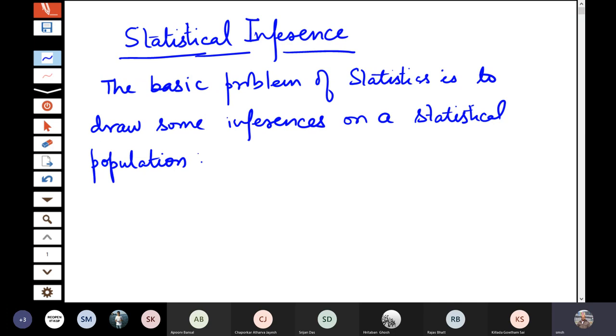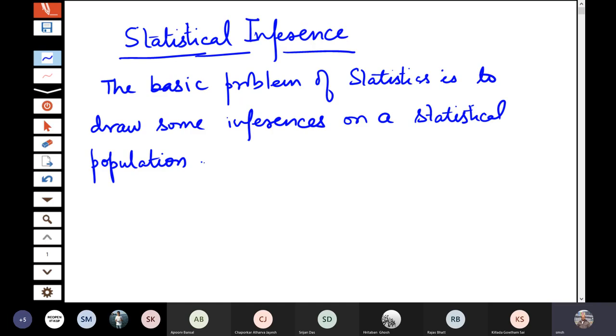So when we say inferences, what are the kind of inferences that are possible? So one thing could be, as I mentioned, we get a value for something. So I said that we want to find out what is the estimated mortality rate, what is the estimated growth of economy, what is the expected. So I am using the word expected. So that means what do we expect something to happen. So this is called the problem of estimation.